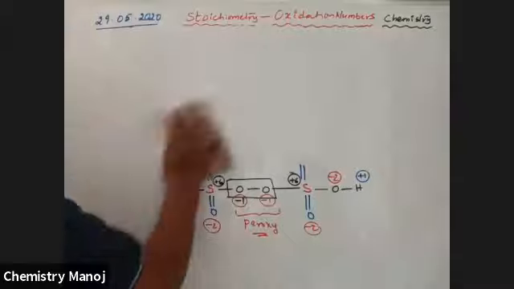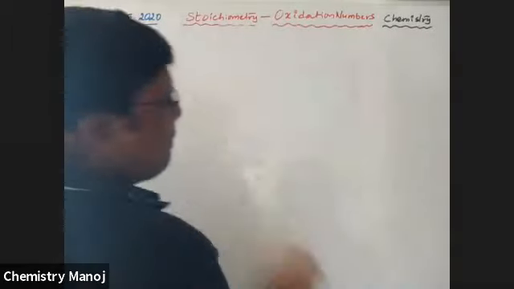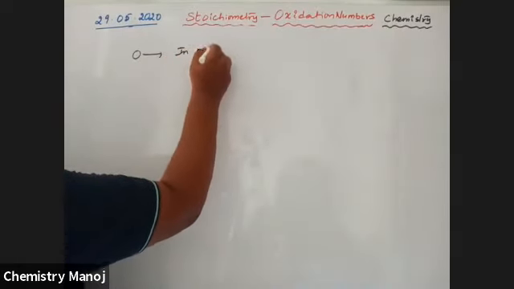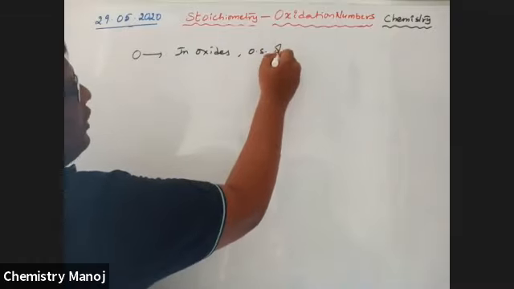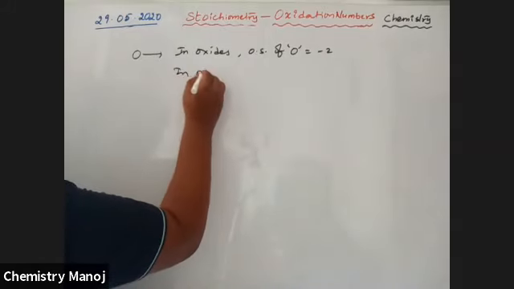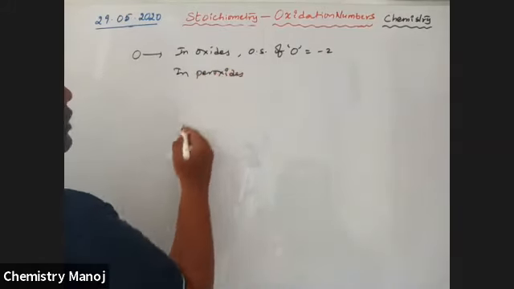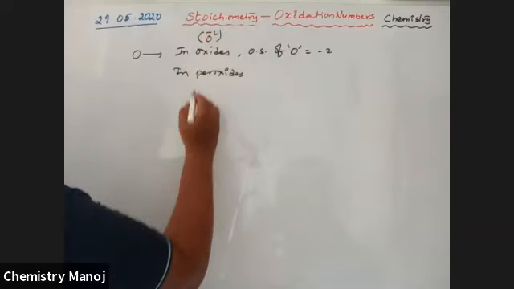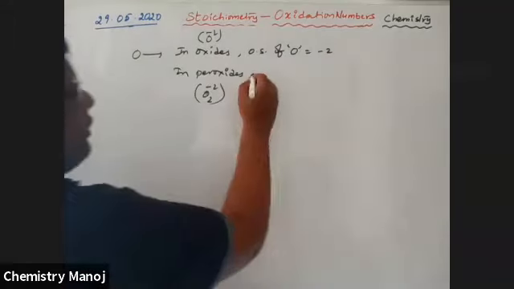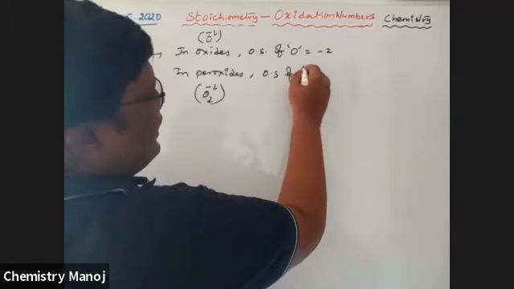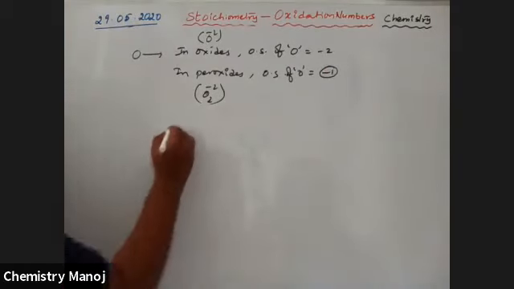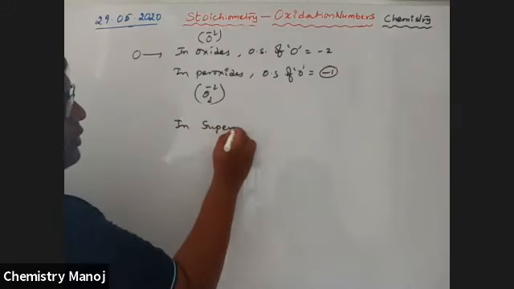So once again, I am going to discuss oxygen conditions. In oxides, the oxidation state of oxygen is equal to minus 2. In peroxides, O2 2- is the formula for peroxide. There the oxidation state of oxygen is equal to -1. And in superoxides,